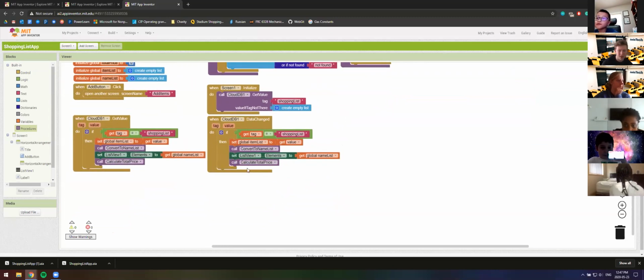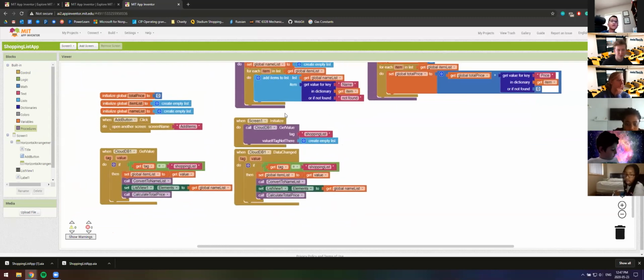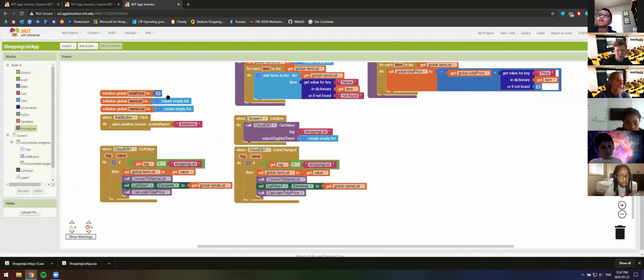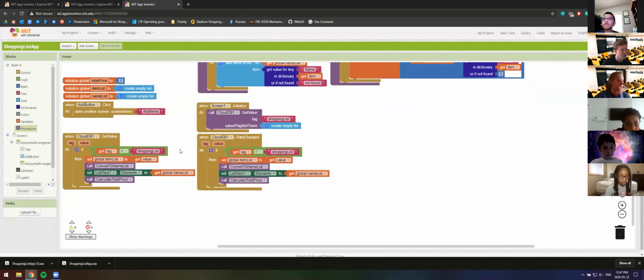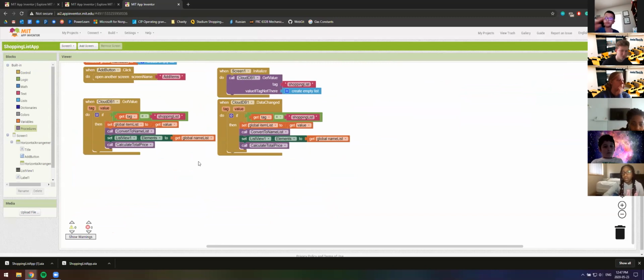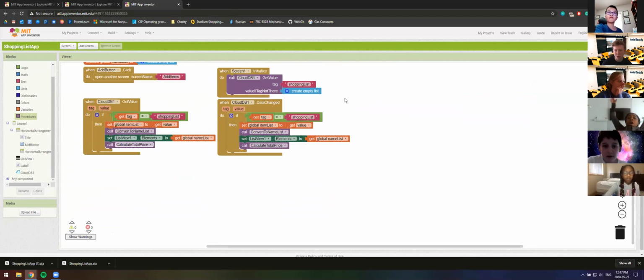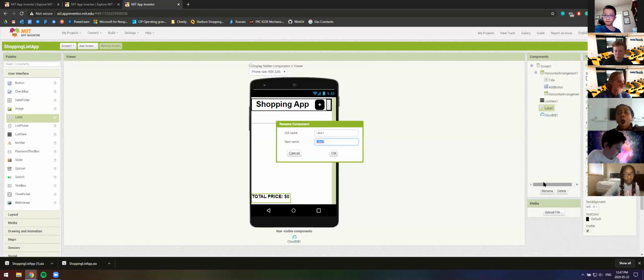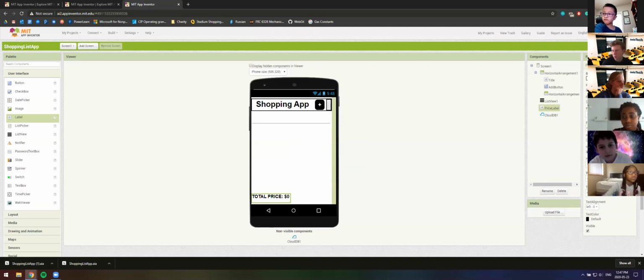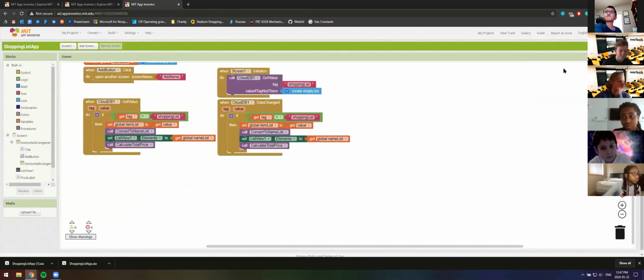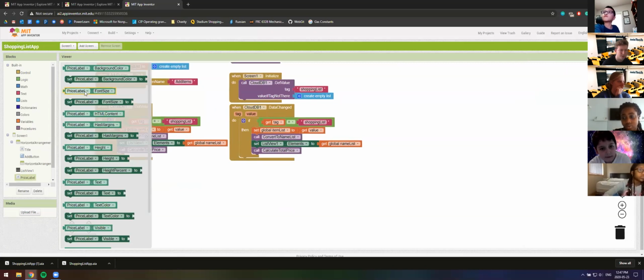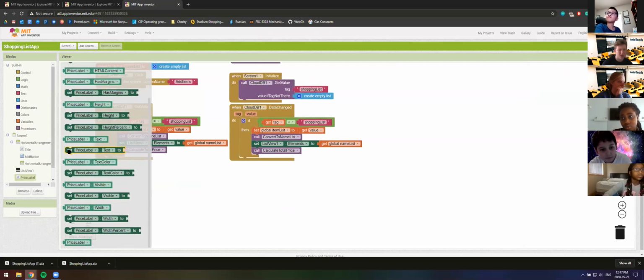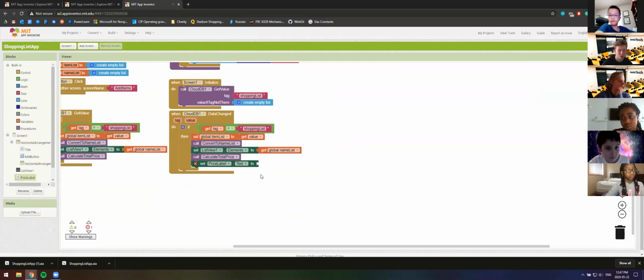So after calling calculate total price, basically all that's happened is we have a variable now that actually has our total price, but we're not doing anything with it. So to actually finish the code, let's go here and get that label that I just added. I'm actually going to rename this label to be called price label. Then I'll take a look at yours in a second, Ariel. So we're going to call this price label, and basically we're going to set price label.text to